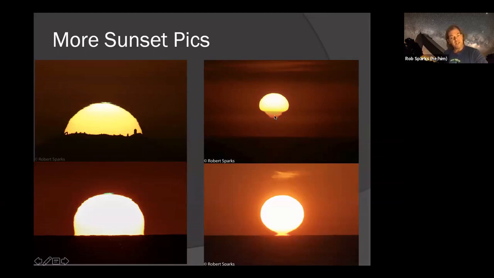This is from Manhattan Beach in Los Angeles, if I remember correctly, the top right one. You get a very strong layer, a very strong temperature gradient, which is stretching the sun vertically. The one in the lower left is an ocean one. I want to say this one's San Diego too. Another little mock mirage, with a much stronger green flash at the top of that one. And the bottom right one is something interesting called an omega sunset. Sometimes you call it an Etruscan vase sunset as well.